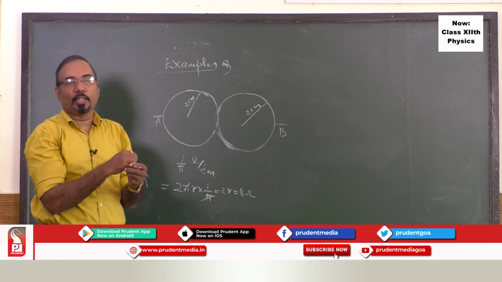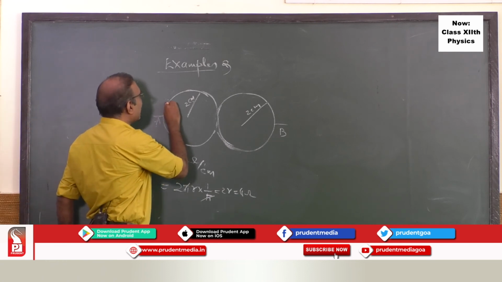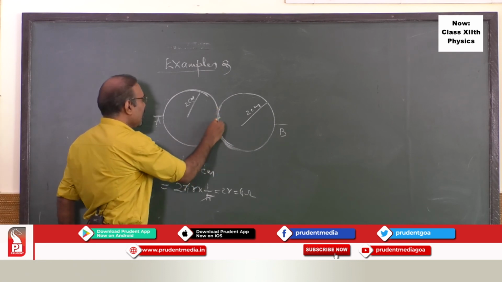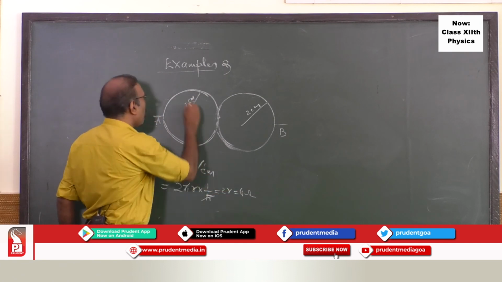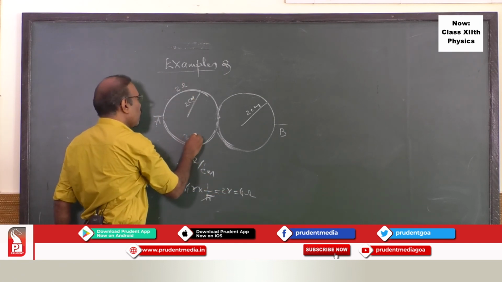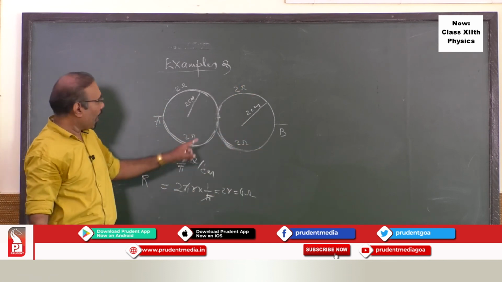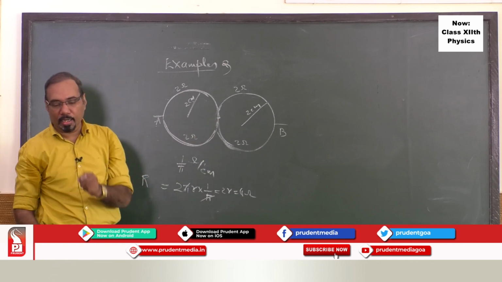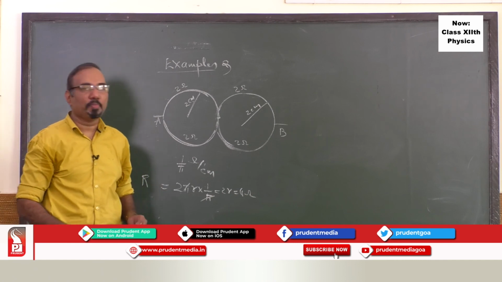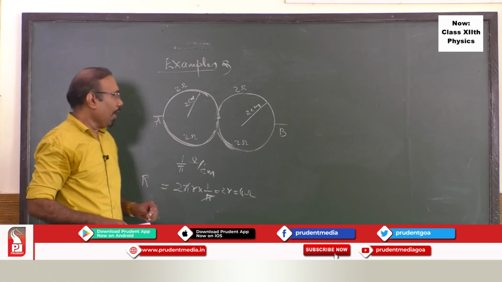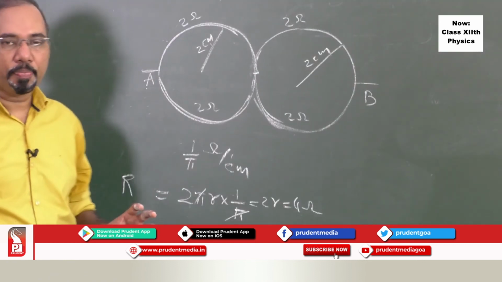Naturally, the total resistance will be 8 ohm, isn't it? No, it's not 8 ohm. You have to take this part as a half resistance, and this part as a half resistance. So the total resistance is 4 ohm. You can take this 2 ohm, this 2 ohm, and so on, provided it is connected at one single point, more or less touching. These examples you can go through, and understand the concepts of resistances in series and parallel.